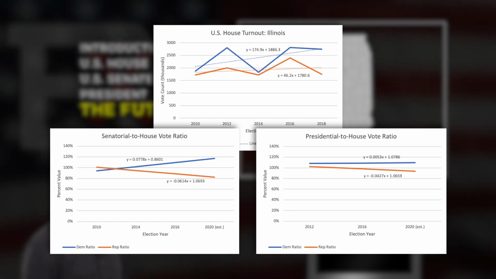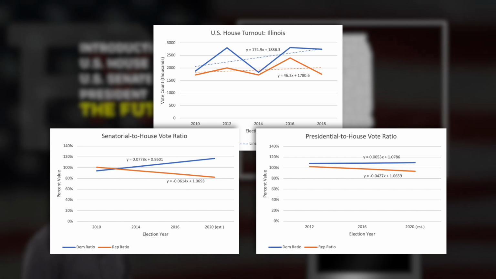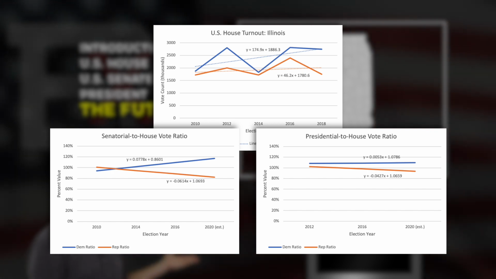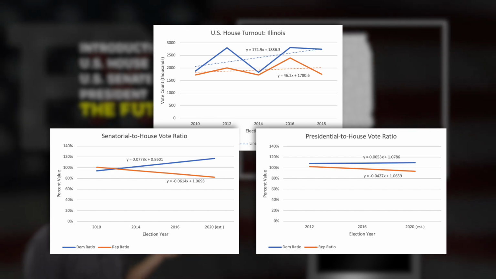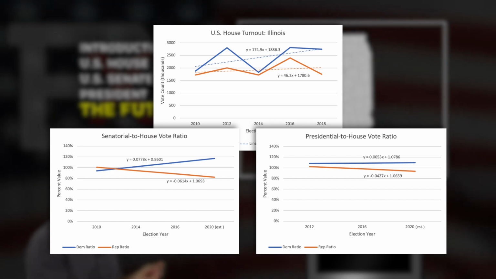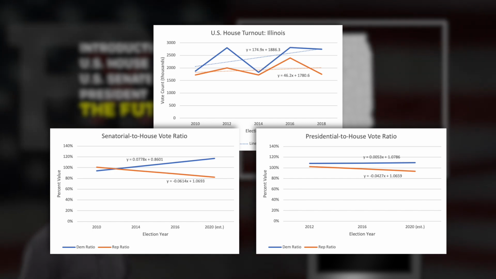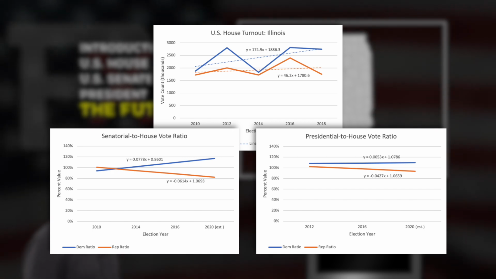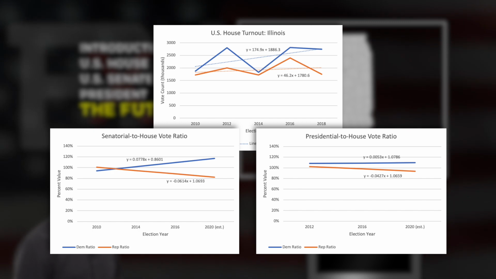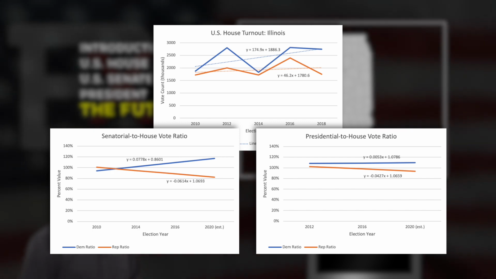And then we even see a negative slope for Republicans, mainly because House turnout increased going from 2012 to 2016 for Republicans, but Donald Trump still received a pretty similar amount of votes that Mitt Romney did, so that accounts for his voter ratio value decreasing. Ultimately, I think this value degrading means that the voter ratio going into this November will be somewhere in between these two. Okay, let's toss that aside.